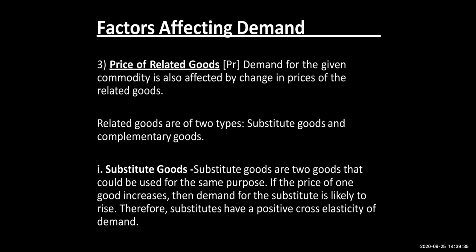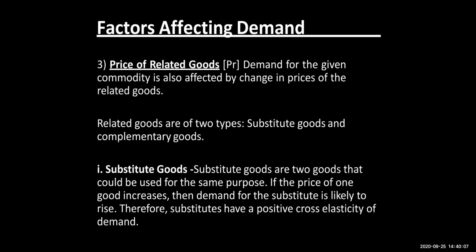Like let's say for example that you went to shop to buy Colgate and you had only 50 rupees. You got to know that the price of Colgate has increased and the price of Pepsodent has decreased. Now that decrease in price of Pepsodent will make you change your demand. So now you will shift to Pepsodent instead of Colgate because the price of Pepsodent has decreased. And since Colgate and Pepsodent are substitute goods, you can use one in place of the other.